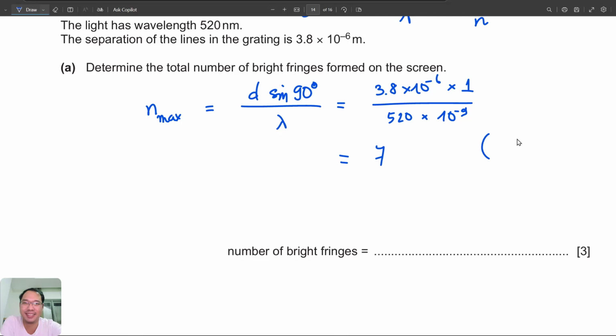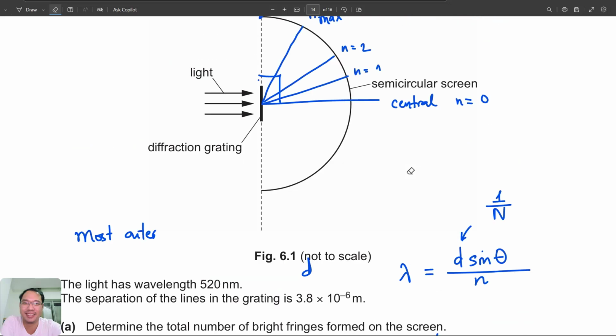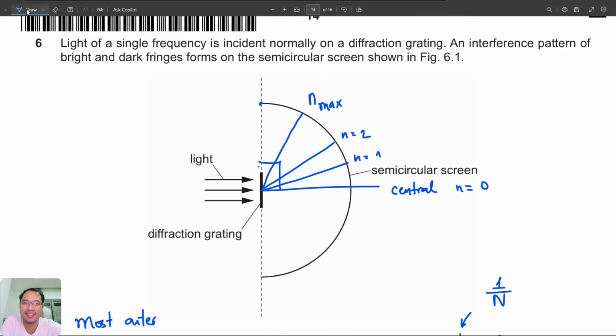The result is 7.3. So the maximum number is 7 here. I should have drawn many other fringes in between, 1, 2, 3, 4, 5, 6, 7, etc. Okay, so there are 7 maxima on the top part of the string, and similarly there will be